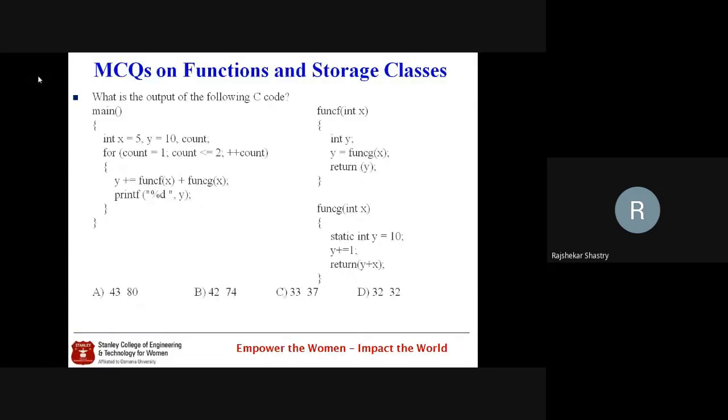The 32 plus Y was not added. Someone answered 32, right? Y is to be added, Y is 10. 32 plus 10, 42. So 42, the first answer, is available in B only. So as far as my knowledge is concerned, B is the option, because 42. Yes, when first time, Y value will be 16. Then it will return 16, 16, which means 42 will be obtained the first time. Very good.